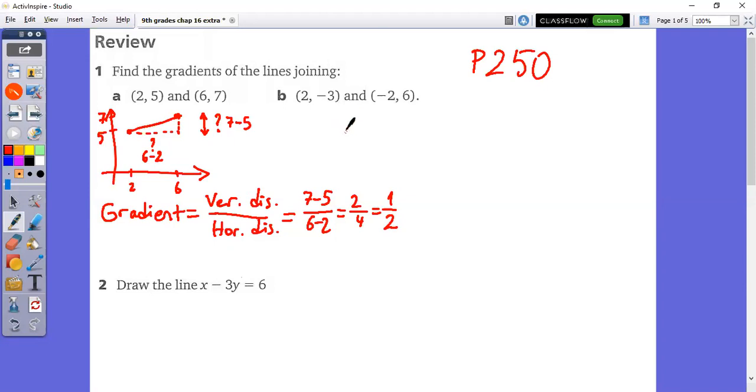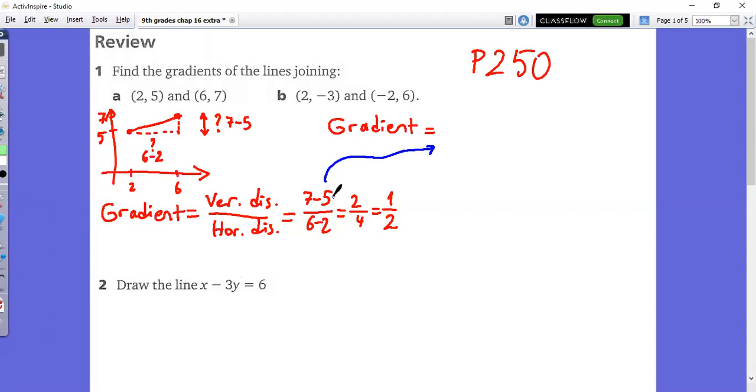In B, let's do something else. Without locating points on the coordinate plane, let's use what we found out here. Look, 7 minus 5 gives us vertical distance. 7 and 5 are the ordinates of the points, the y coordinates. If this is y1 and this is y2, it's y2 minus y1. We can generate a formula: y2 minus y1 over